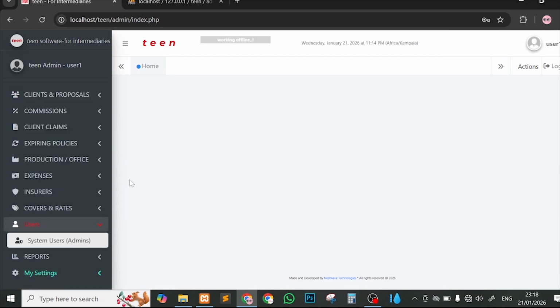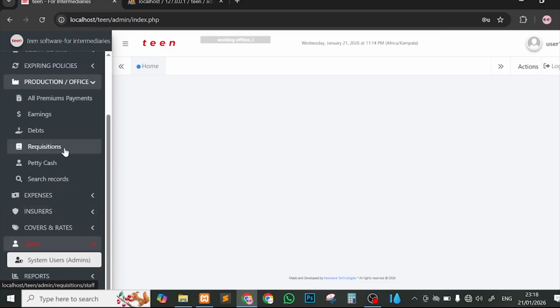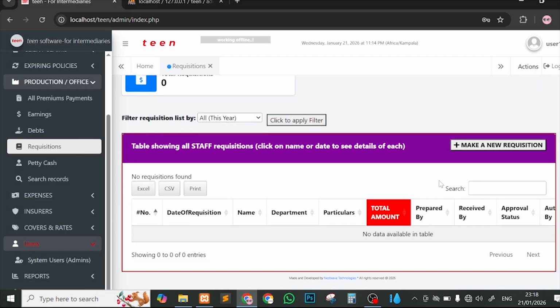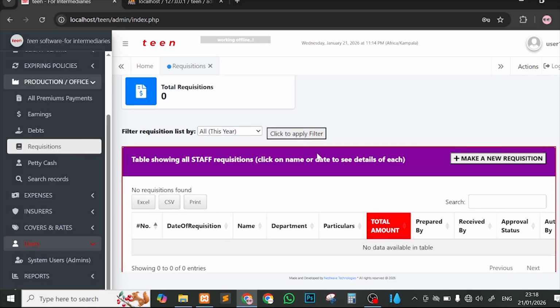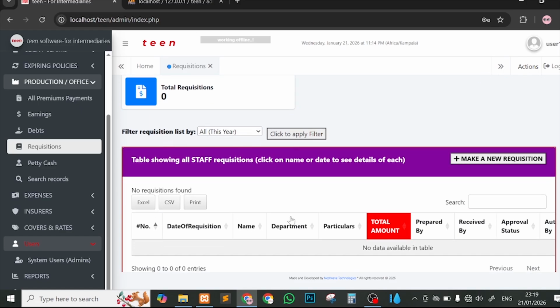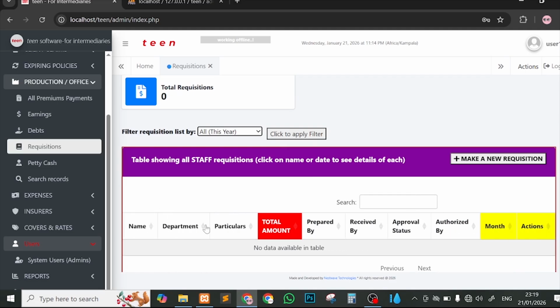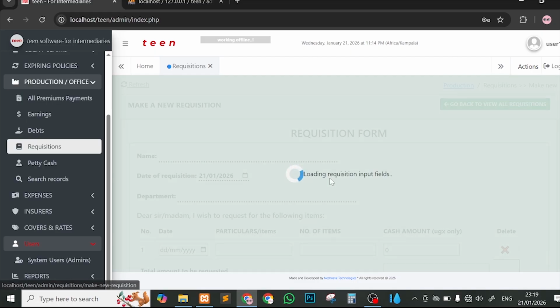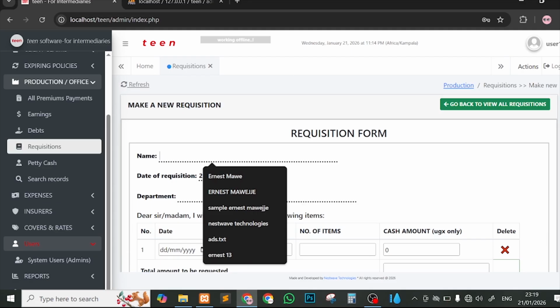So this next clip is showing how you can actually get requisition. So I'll click on requisition. If I want to request for something for my department, maybe to the finance, something like that, you can see that this can also be managed within this software, and can even show the requisition by year, which do I want to see. I'll see the number, the date of requisition, the name, department, total amount requested, prepared by, and whatsoever. So I'll make a new requisition, and let me say I'm